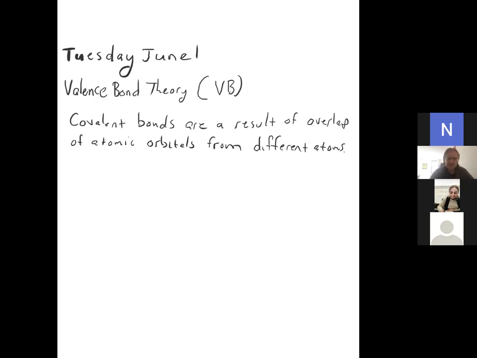Okay, so that's essentially what it is. It's claiming that a covalent bond is what happens when atomic orbitals overlap with each other. And we can take that a little bit further and claim that the greater the amount of overlap between these orbitals,